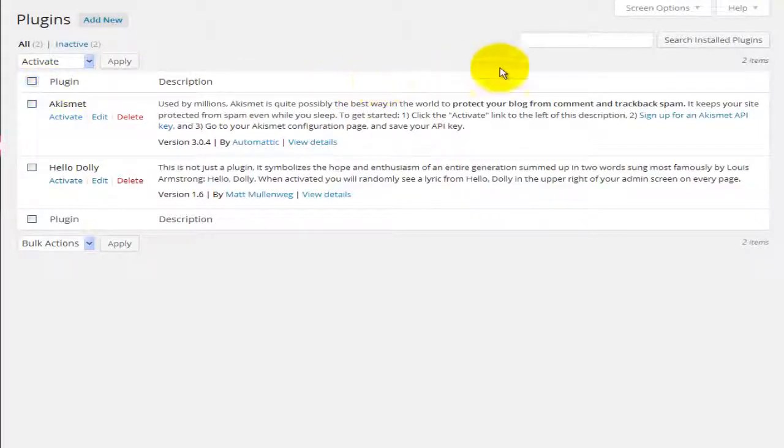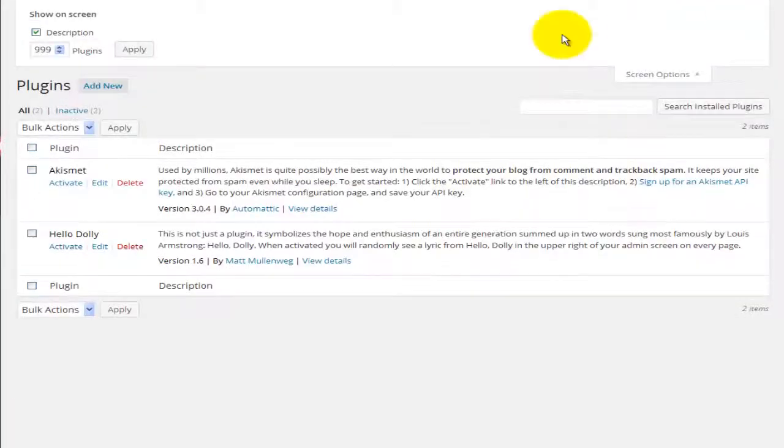Okay, moving to the right, you'll find the search bar here, and basically you can type in the plugin you are searching for. In case you have many different plugins, you can just search for that particular plugin by typing that name here. You can also set how many plugins are displayed per page, and to do that you'll have to go to the screen options, and here you can set the maximum number of the plugins which you would like to